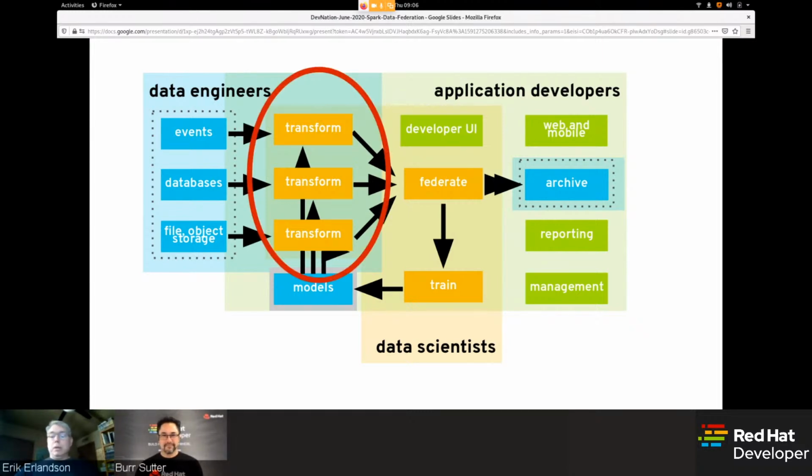So again, the components that I'll be talking about today sort of live on the left here, intersecting with data engineering particularly, where you're looking at doing transforms on data to compute features, and you're also looking to actually federate disparate data sources to pull together all the stuff that your machine learning models are going to need.